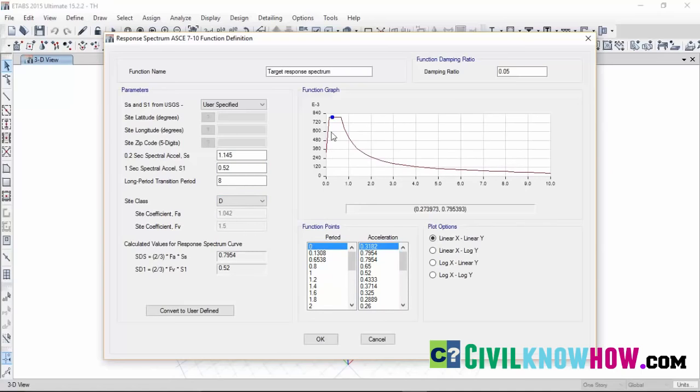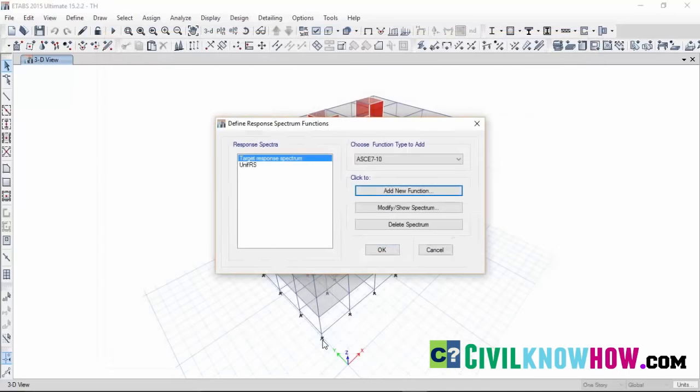So here the function graph has been plotted with respect to the time period and the acceleration, and we have defined a function damping ratio of 5%. So after defining all the parameters, click on OK. So here we have defined the target response spectrum,